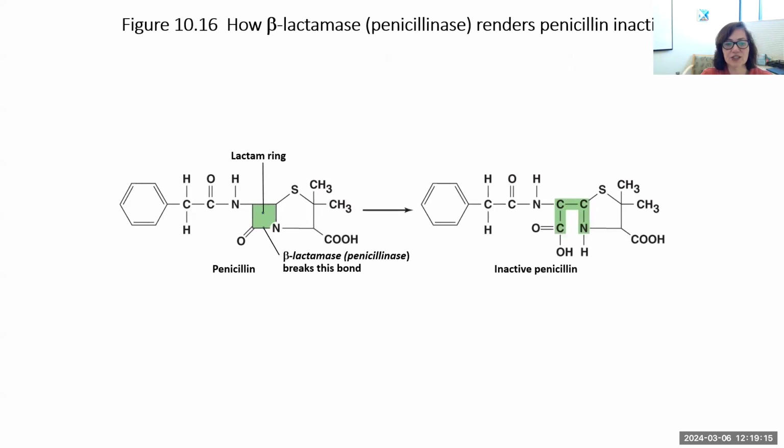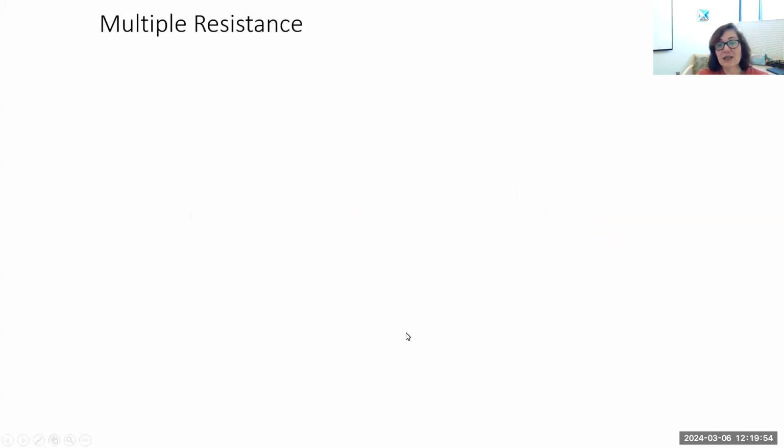Okay, this diagram is just illustrating this point about the beta-lactamases. So here's a beta-lactam, penicillin. There's that important beta-lactam ring, and the beta-lactamase, the enzyme that the microbe can have, snips that connection here between the carbon and the nitrogen. And now this ring no longer works. It no longer interferes with the connection of the NAM units to each other. And so that bacterium can happily continue building its cell wall. Clever, clever.